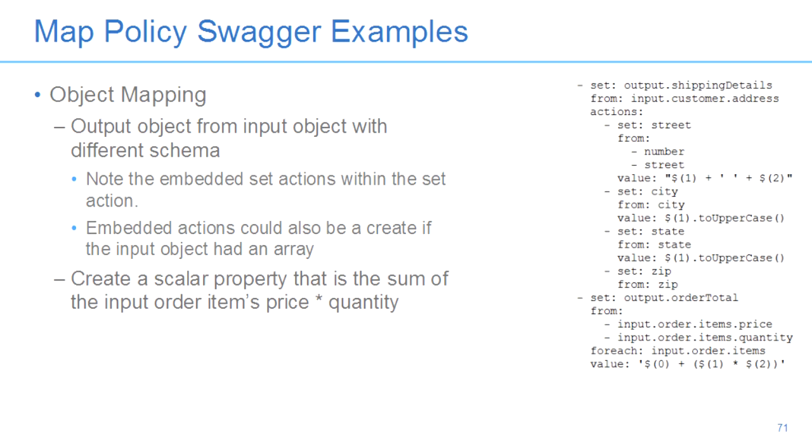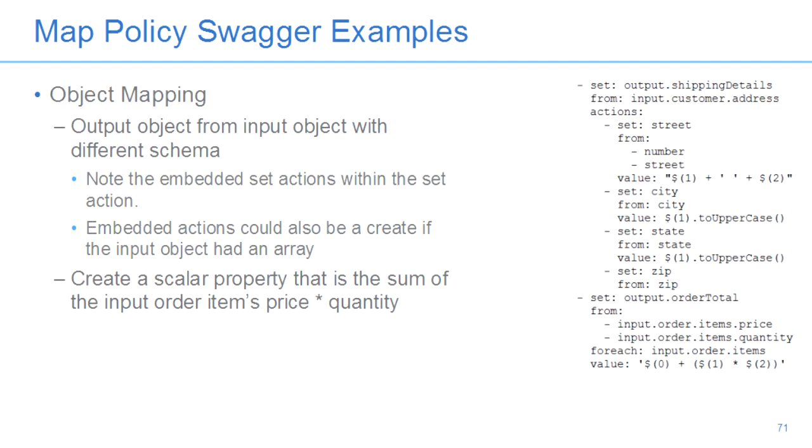So this is a way, if I just wanted to move it straight across, I could have an easy set output details from input shipping details or whatever that's called, and it would just copy the object straight across. But in this case, my output shipping details has a different schema than my input, so I'm dropping into some separate actions to set the specific properties within shipping details, and that's based on the actual data that came in from the customer address object that was read at the primary root level,